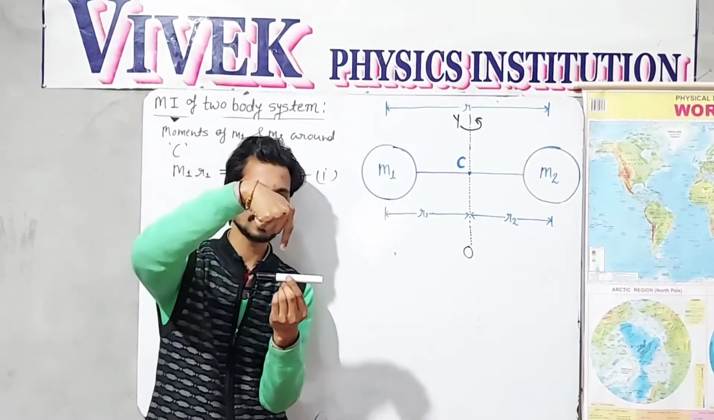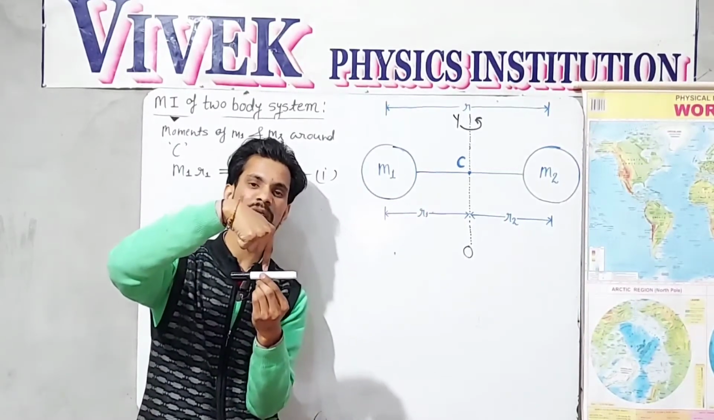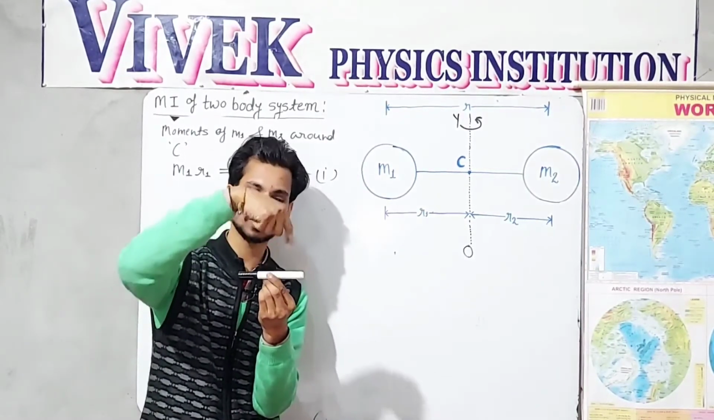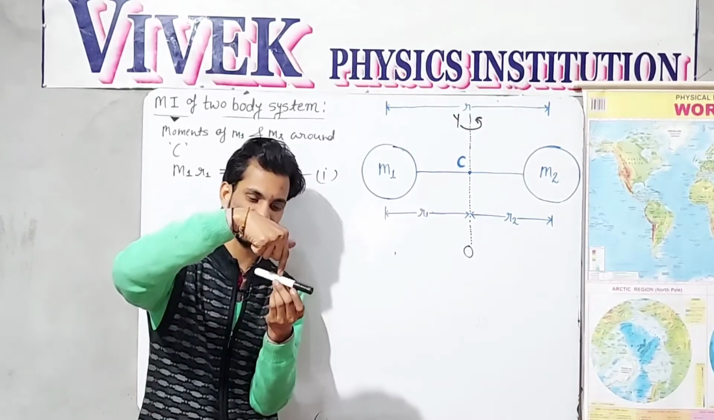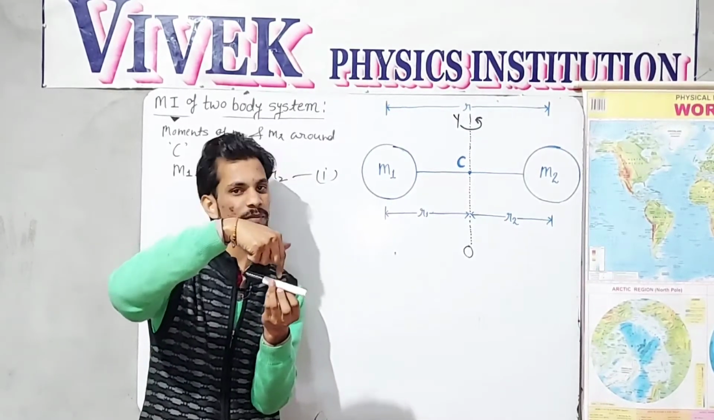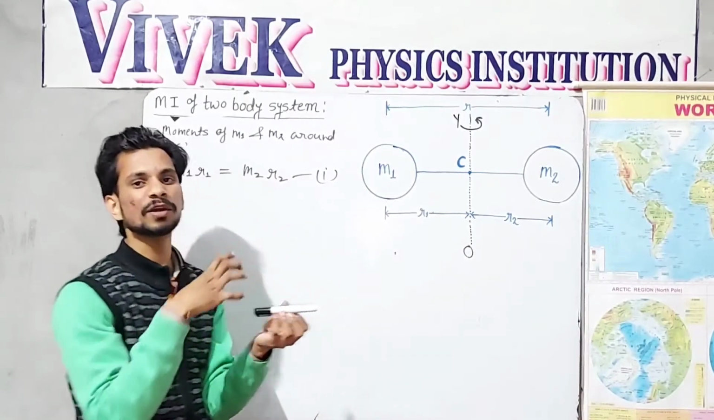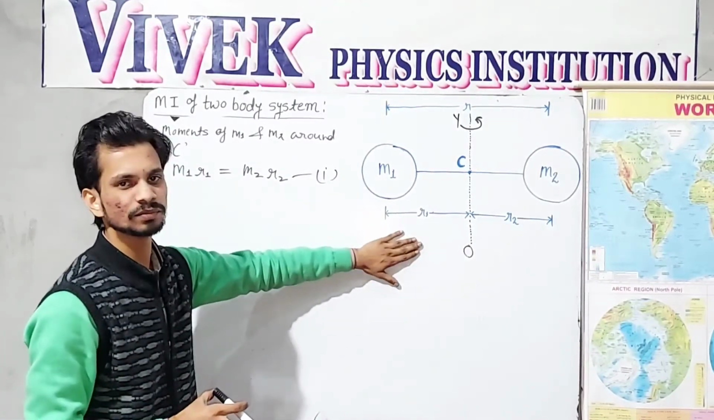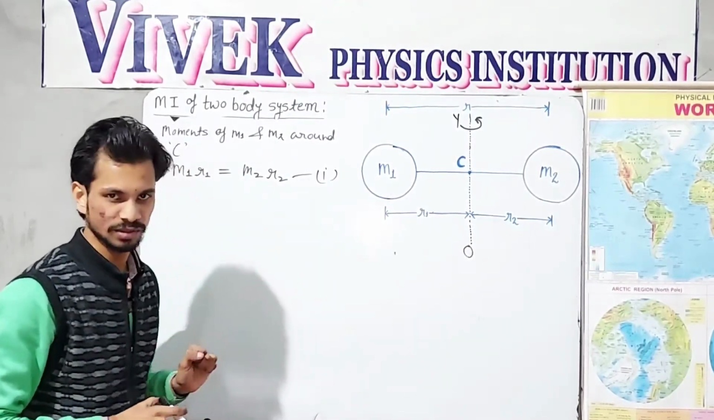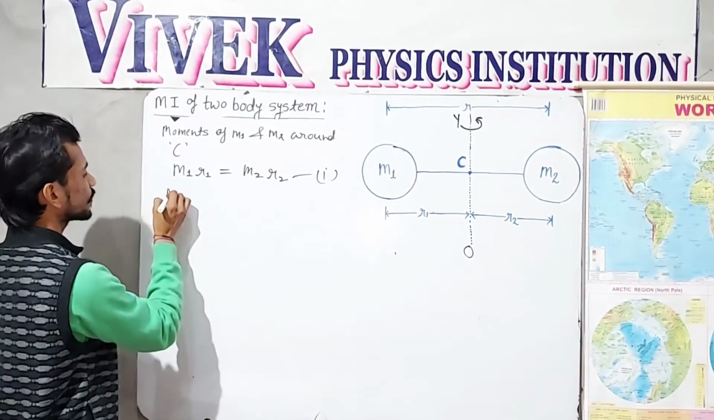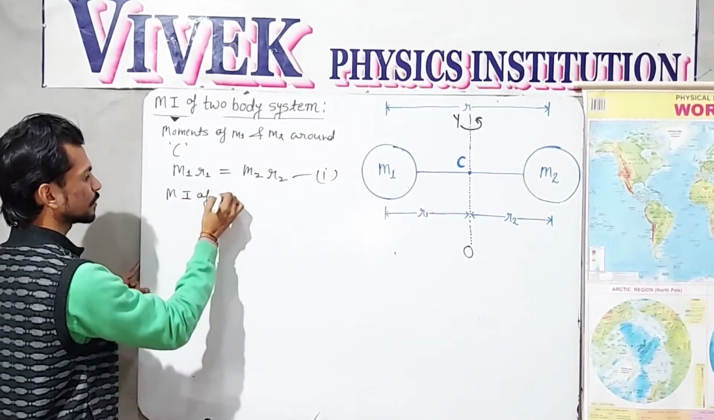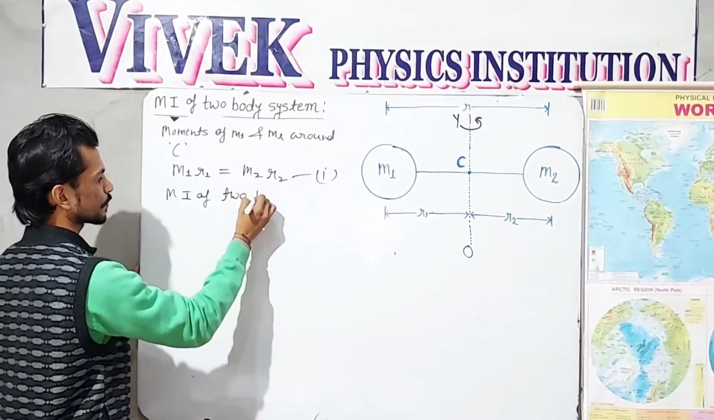You can easily see that this finger is perpendicular to the distance between two molecules. So I will rotate this system around this axis. So I am talking about this particular case. In this particular case, what will the moment of inertia be? I am deriving this. So the moment of inertia of the complete two body system